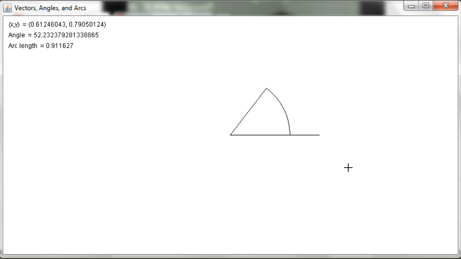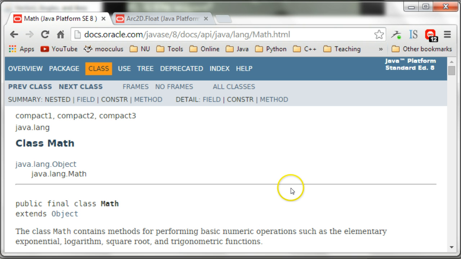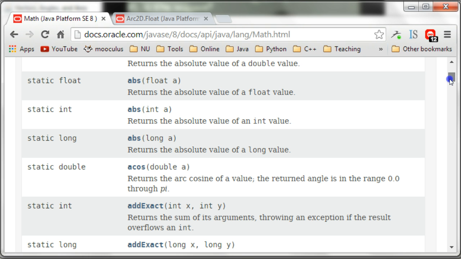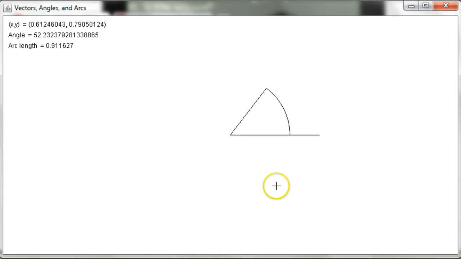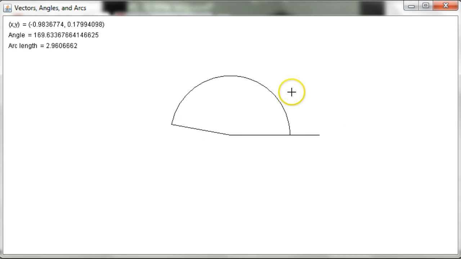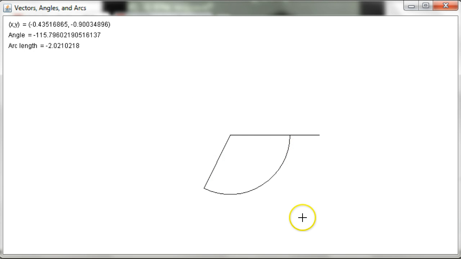What you're going to need here then is, you should have actually had a chance to look by now at the math class in the Java docs. So you're going to need, we talked about in some of the videos, the arctangent function. So you're going to have to pick one of these, right? Either atan or atan2. You want to think about that, because you're going to need to be able to click in all four quadrants to create your